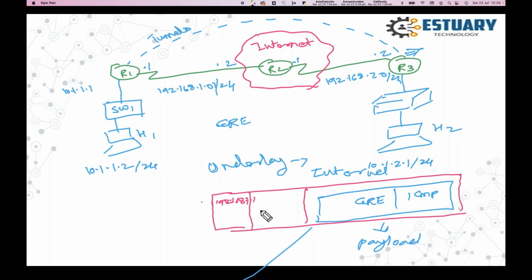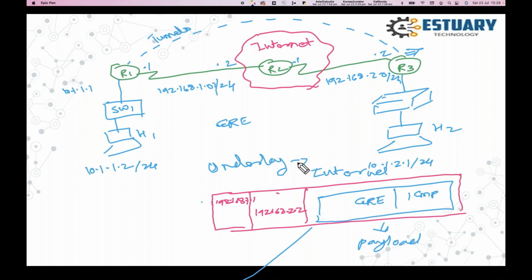And what is my other side, the destination IP address? It's 192.168.2.2. So this is my outer header, which is encapsulating my payload and sending it across to the other side.